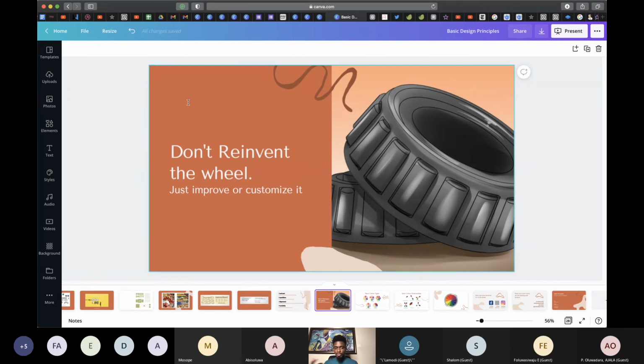Don't reinvent the wheel, just improve and customize it. Basically, you don't have to design everything from scratch. Copy as many things as you can. There are so many things that have been designed that you don't need to redesign again. Okay, so like you saw that background, I just literally copied it from somewhere and put it in my design to make my design nice. All right, so while you're designing, you don't have to create everything from scratch. Okay,